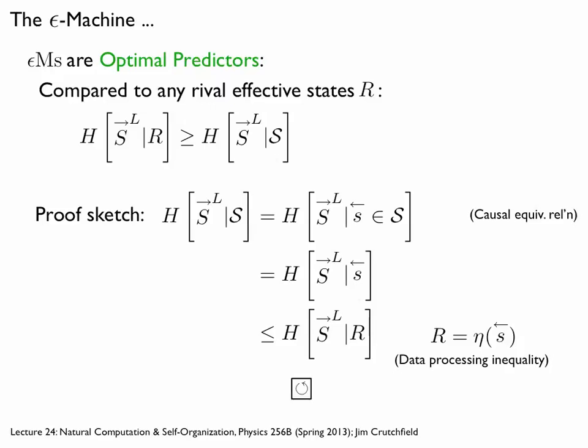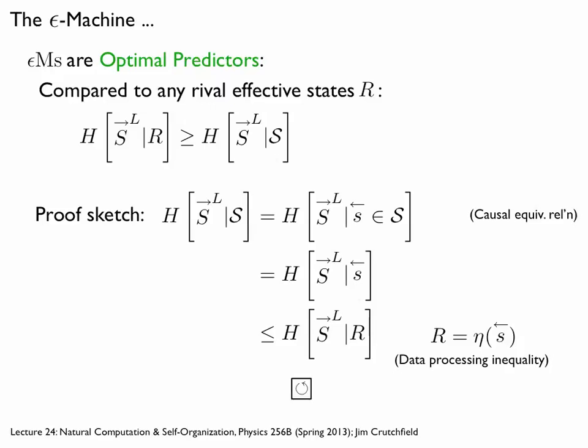Okay. This actually doesn't take too long, so let's just do some rewriting here. Let's focus on this guy. So conditioning on the causal states, we have this uncertainty over the future L steps ahead. Well, like we argued before, I can either think that I know what causal state I'm in, or I can just pick one of the exemplars in its equivalence class for histories. So this uncertainty given causal state is the same thing as conditioning on the infinite past associated with that causal state. That's fine.